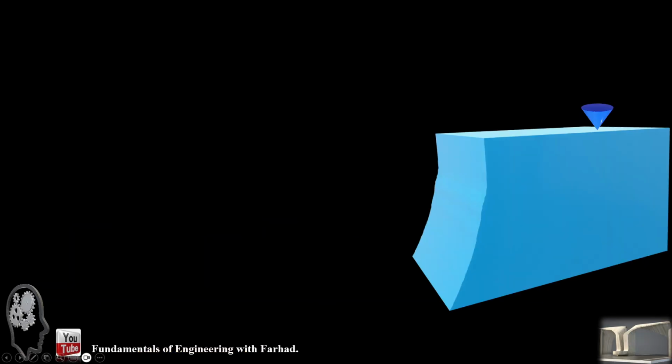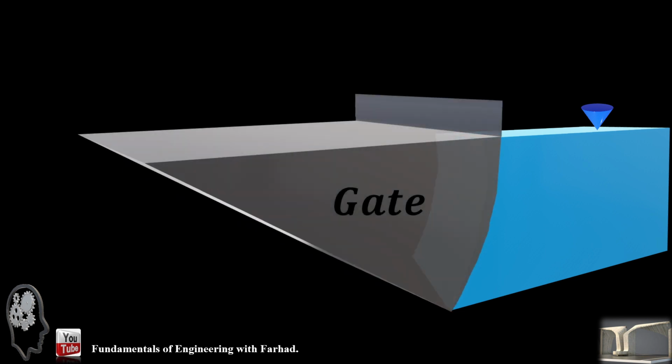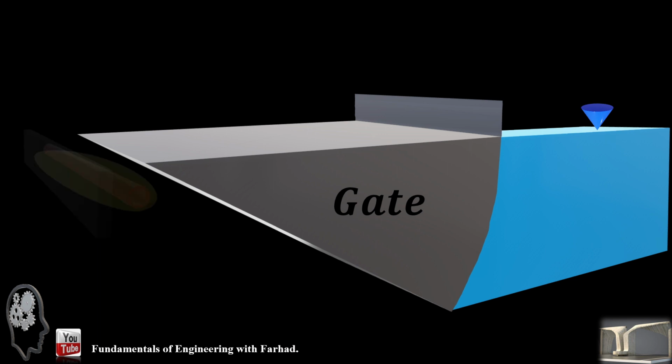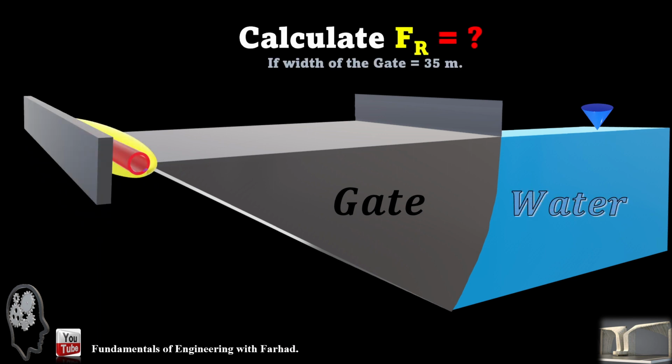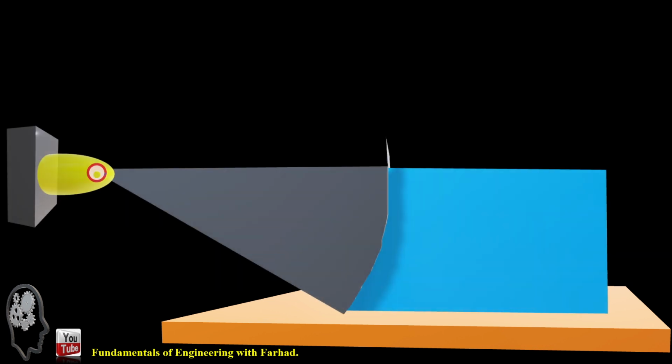In this example, we are reviewing a curved gate behind a dam, which is a sector of a circular curve. If we know the width of the gate and the radius of our section, we want to know what is the resultant force applied to the gate from the water. So to start our problem,